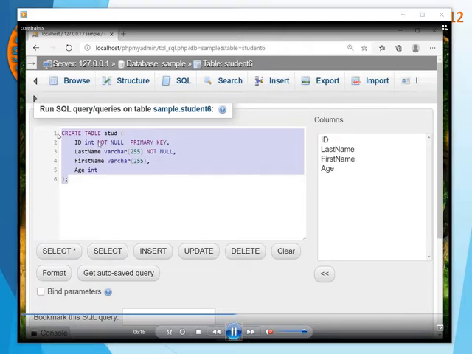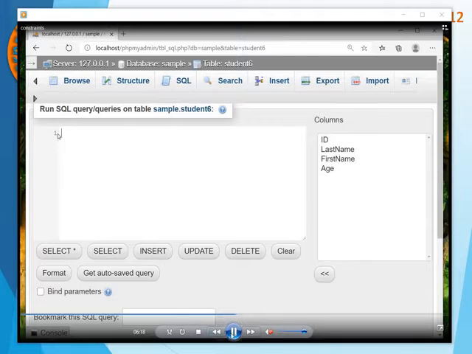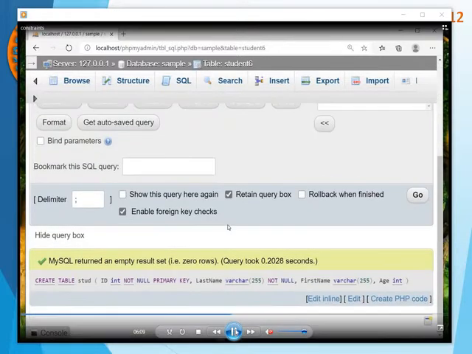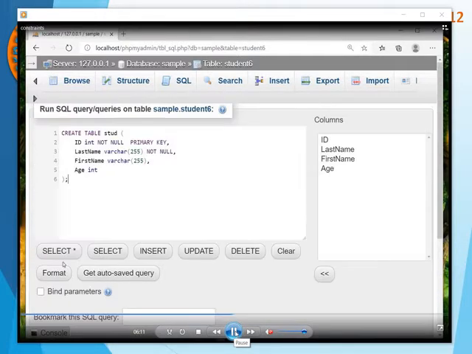So here we are creating a table. Create table, the table name is student, ID is not null and primary key. Then last name, first name and age. So we are using the primary key as well as not null.